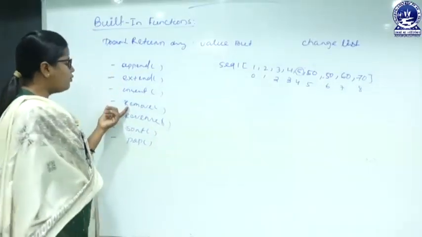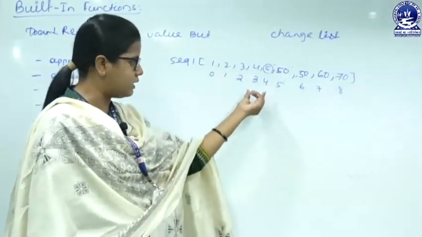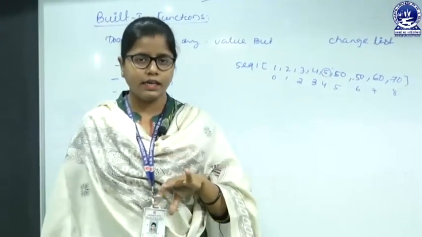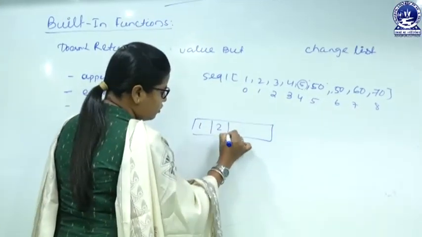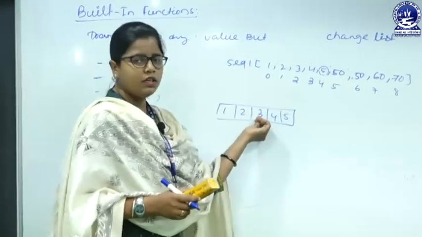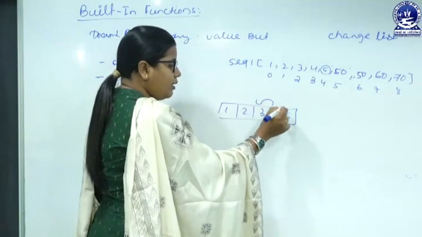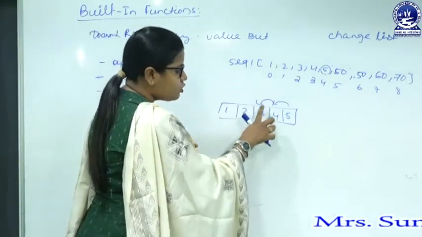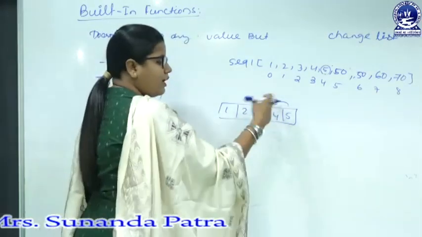Next we will go for remove. We want to remove an element from this. So what actually happens in an array? Suppose I want to remove an element. Suppose here are the array elements 1, 2, 3, 4 and 5 and I want to remove 3. What we were actually doing is just shifting 4 to here, 5 to here. That means 4 will come here, so that 3 will get overwritten and 4 will be here. 5 will move into here.